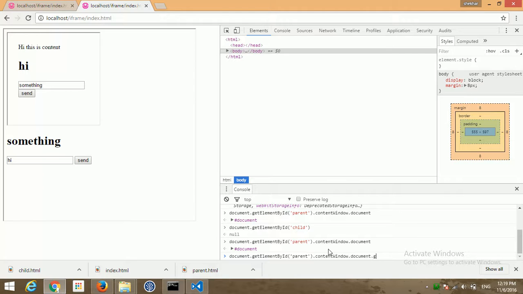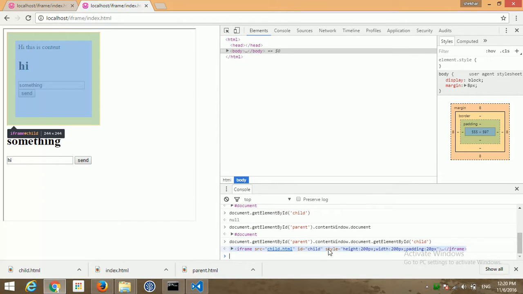So again do getElementById child. See what it gives. It gives the internal iframe which is child.html, and now when I am hovering over it, it shows the child window. So in this way this thing is working.